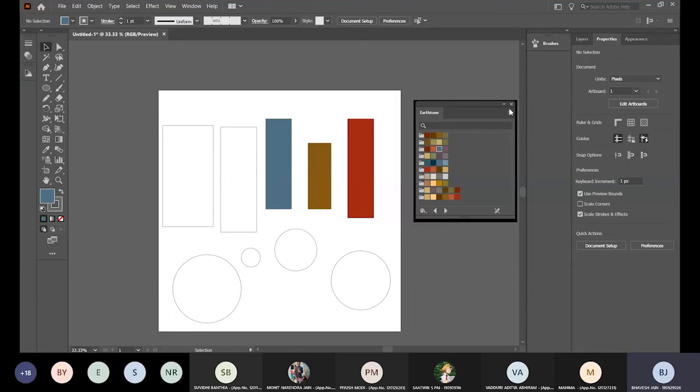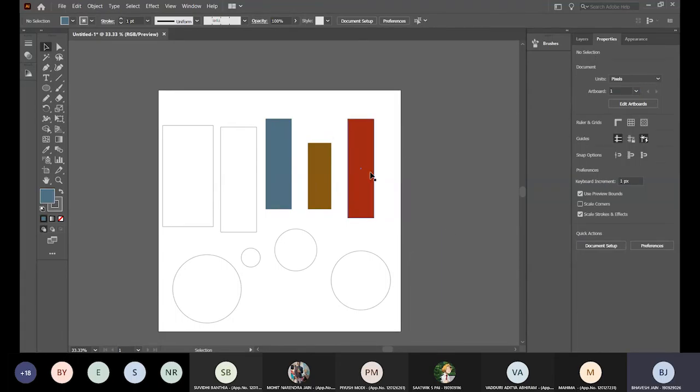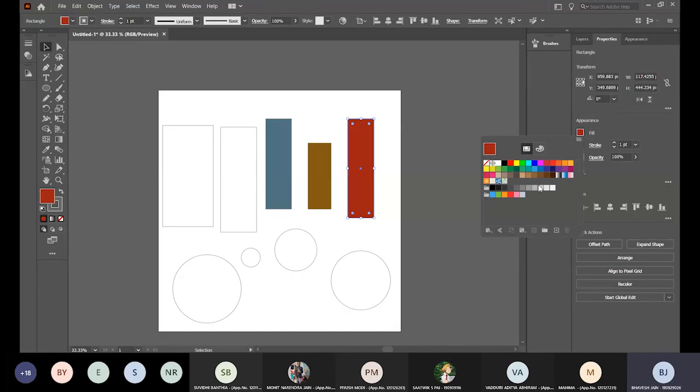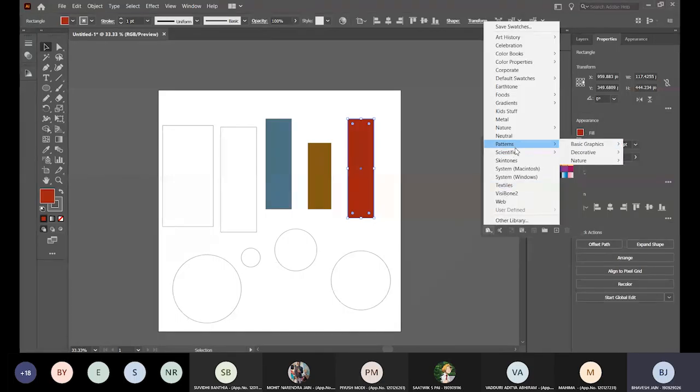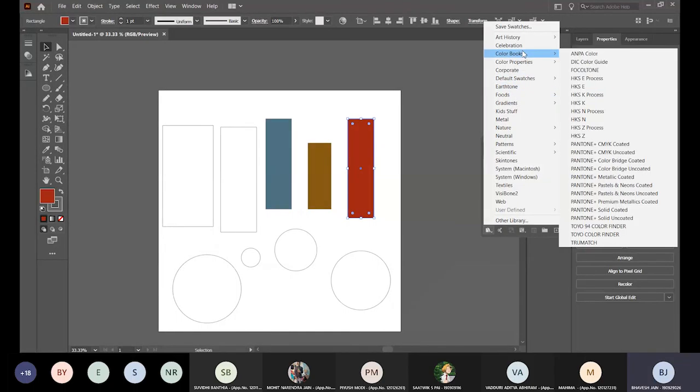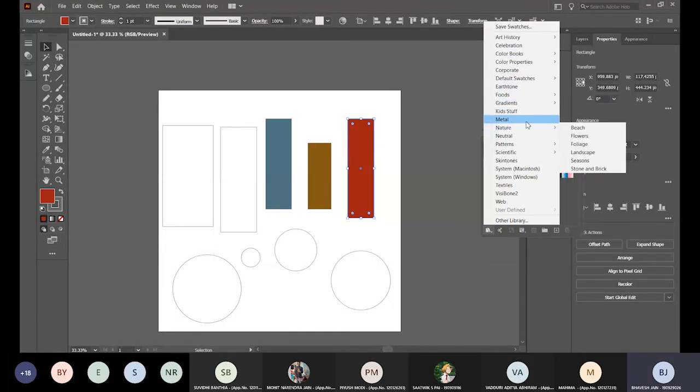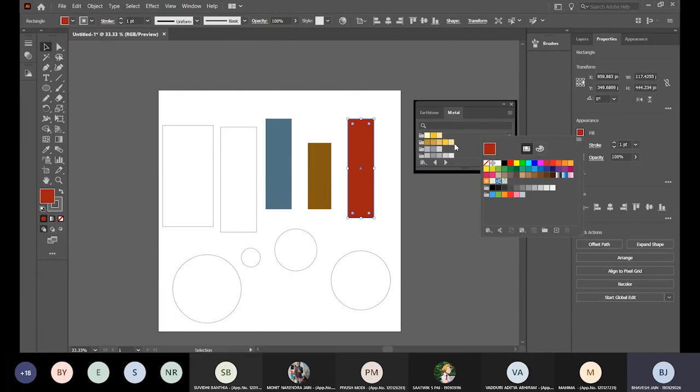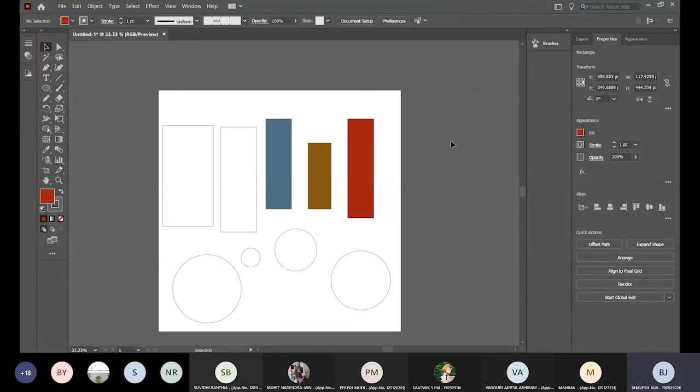And it's not just limited to mountains and all. You guys can select whatever swatch you want. I can select some metallic shades. So this has your grays, golds, copper shades, and all that stuff.